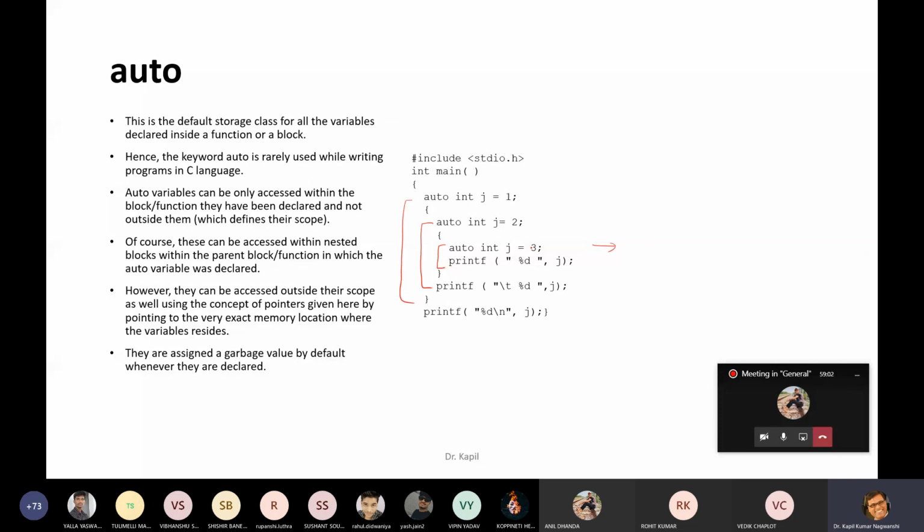It will start printing the first one, like 3, then a tab is given, and then 2 will be printed, and then 1 will be printed. So this will be the output of this program. How? Just think it over and capture a screenshot. Tomorrow I will explain all these things.